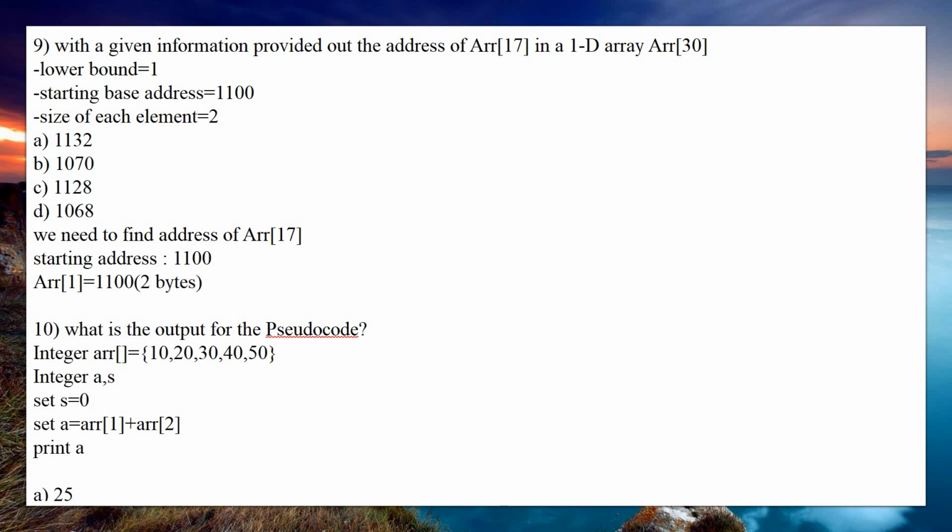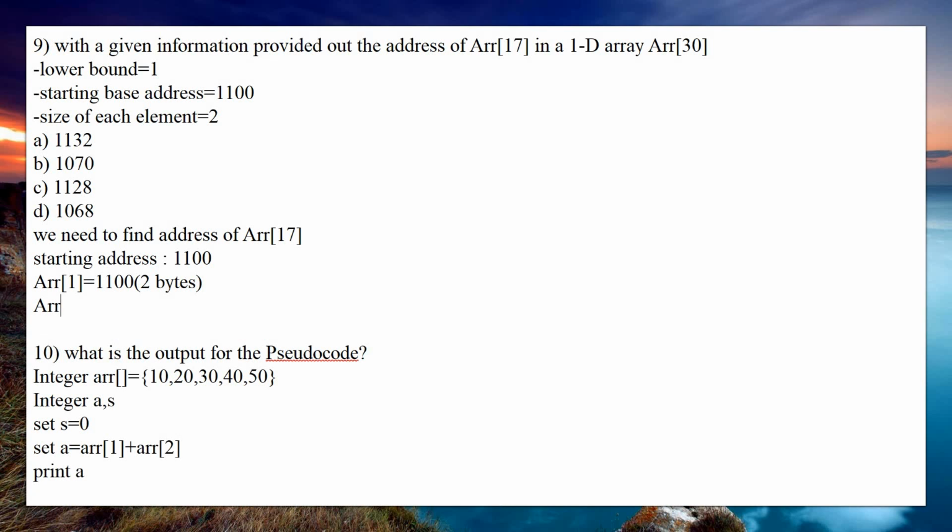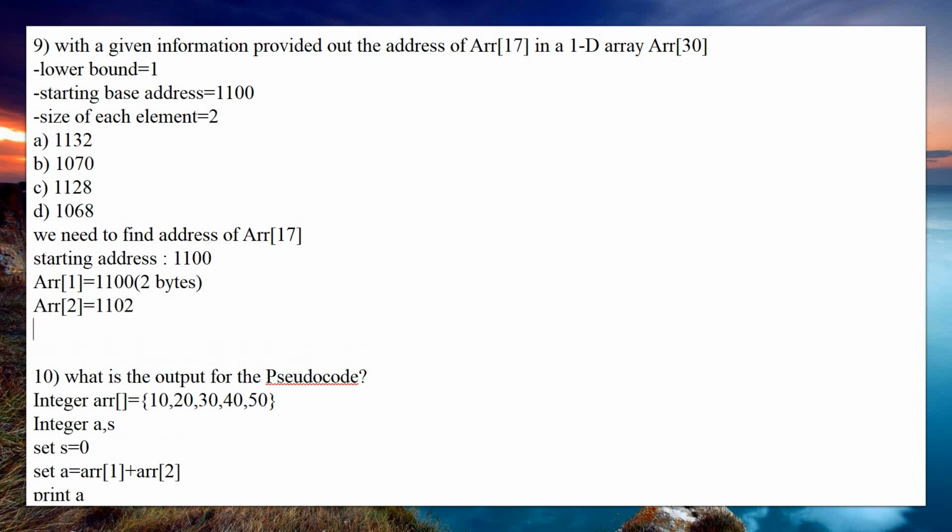They have told that the size of the element is 2 bytes. So for ARR of 2 you add 2 for the next element, which will be 1102. Similarly for ARR of 3, again 2 bytes, so 1104.